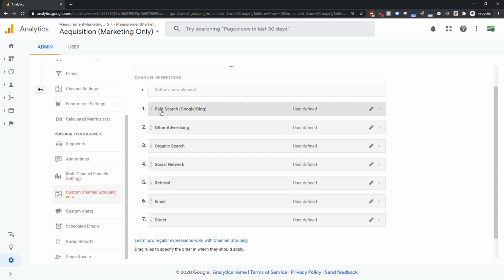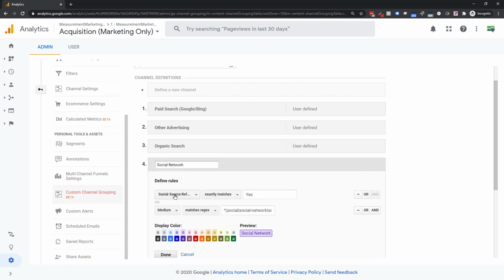And these kind of work in order too. So first it tries to fit them in the paid search bucket, then it tries to fit the traffic in the other advertising bucket. Then it says, well, maybe it's organic search and puts it in that bucket. If it doesn't fit, it goes in the social network bucket. How does it define a social network? By default, it says social source referral equals yes. Again, that's hard because you don't really have access to that. But then it says, or medium equals social